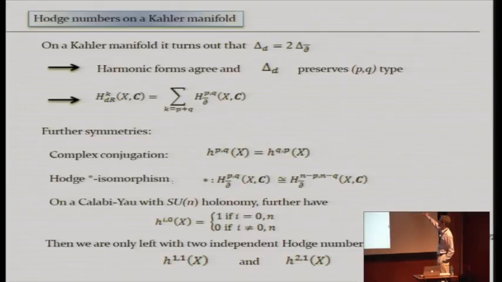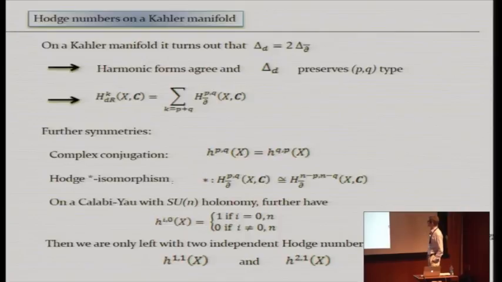Well, first of all, it means that the harmonic forms of these two operators agree. It also means that the d Laplacian doesn't obviously preserve type. This one does obviously preserve type. So this one must therefore also preserve type if you're on a Kähler manifold. So it maps (p,q) forms to (p,q) forms. Okay, so the projection of a complex differential form to its (p,q) component commutes with this Laplacian operator. And so just by decomposing everything into harmonic forms, you find that there's a decomposition of the real de Rham cohomology into these Dolbeault cohomology groups, as long as the bidegree p and q adds up to k.